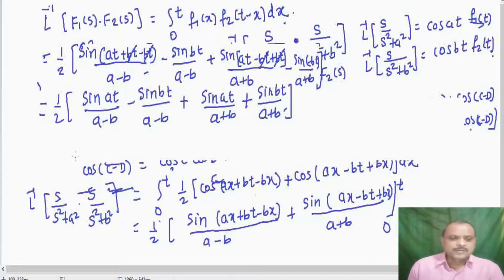Okay, this is equal to 1 by 2 into sine at minus sine bt divided by a minus b plus